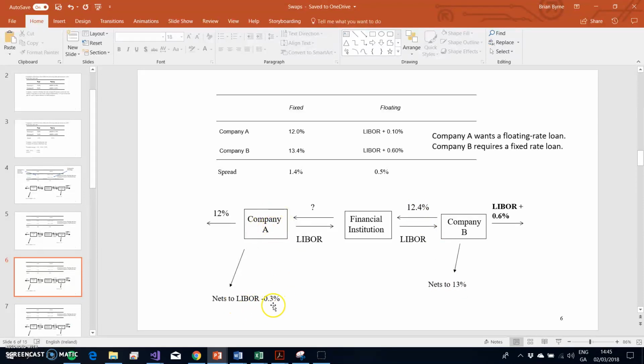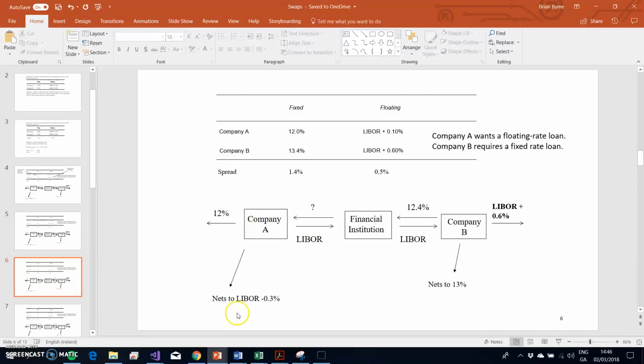We have to engineer this out because that's what A currently could get, but we've got to do 0.4% better. And we make A borrow at its comparative rate, the rate at which it has the comparative advantage, which is the 12. Okay, so we're forcing 12 even though they want a floating rate. And the question then is, given that we have this LIBOR being paid to the financial intermediary, who's structuring and who's the custodian of the swap and who's managing the credit risk and so on, and paying 12, what rate should A be paid by the financial intermediary?